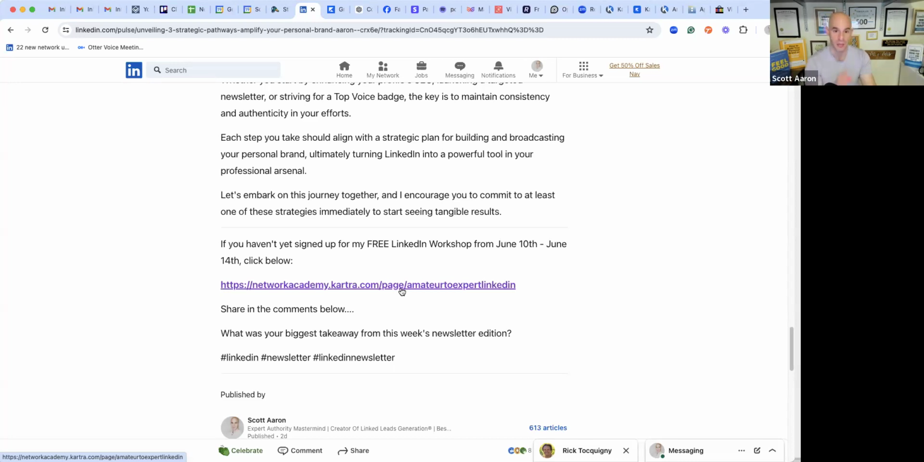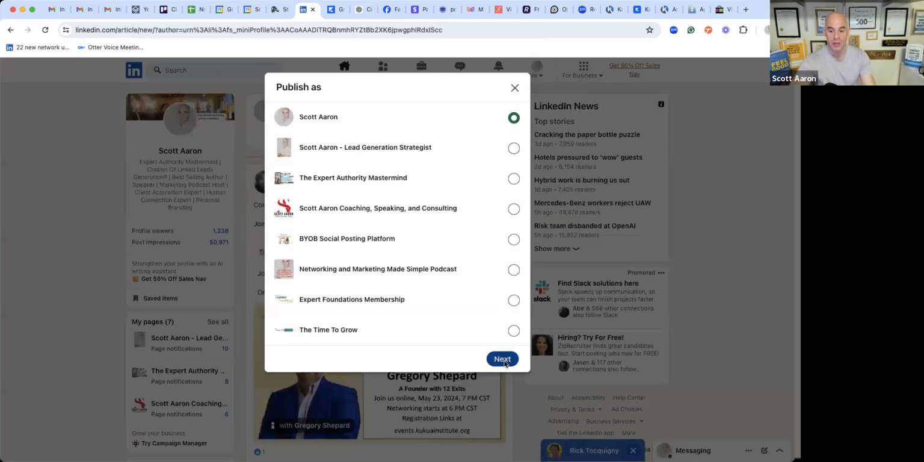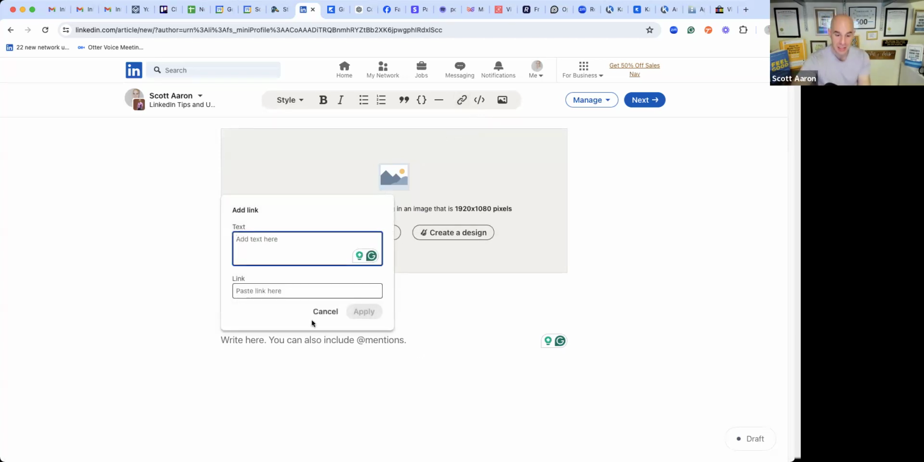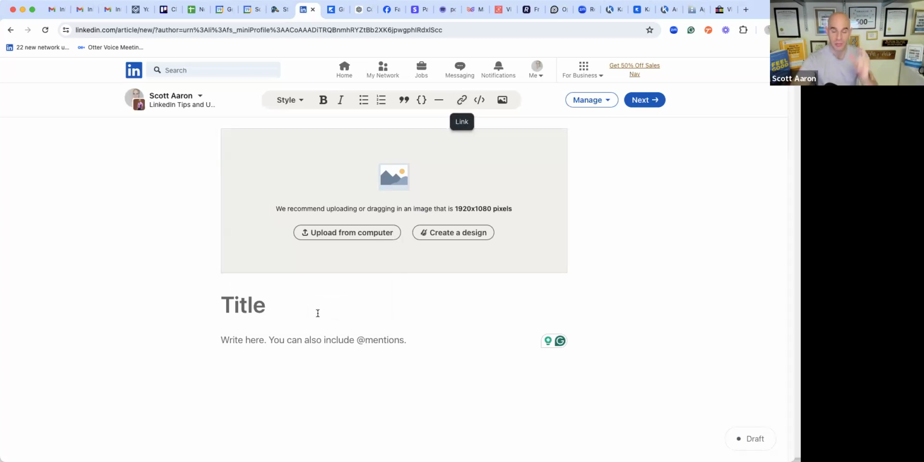Now, it is hyperlinked, and the way that you add it in there is you copy whatever URL you want, whether it's your website, whether it is your lead magnet, whether it's a workshop. And when you go to write that newsletter, you're going to see a little paperclip at the very top. If you hover over it, it says link. All you have to do is paste the hyperlink in the body of your LinkedIn newsletter, highlight it, copy it, click on link, and then hit paste, and then basically that will hyperlink that,